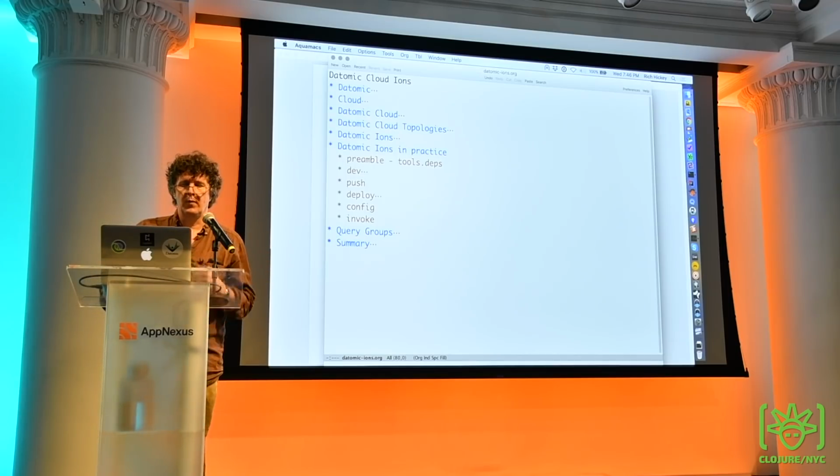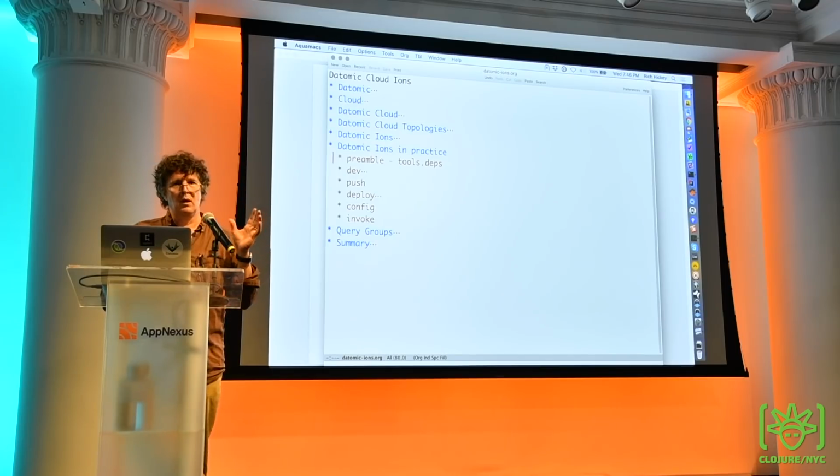It's ready to run. So before I get into the steps, which are small and easily understood, I hope, I just want to talk a little bit about tools.deps. A prerequisite of developing for Ions is that you've got a Clojure app, you're keeping it in Git, and you're using tools.deps to do dependencies. This is not because I hate Leiningen or Boot or anything else. I think that the Clojure community hasn't completely gotten their heads around tools.deps, but it's actually a simple premise,